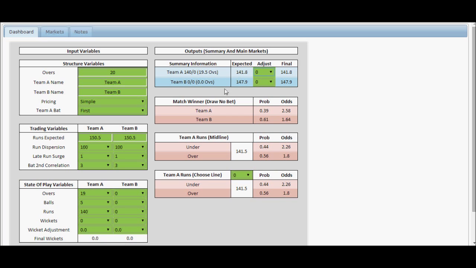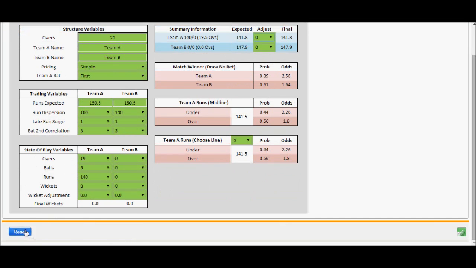Okay, so you can do the adjustments for both teams. The match winner draw no bet will be here throughout, so this will evolve ball by ball depending on runs scored, wickets, whatever happens. And you've also got the midline, and this is just for the team that's batting at the moment. So in the first innings, it's just free. It can be based on just whatever you expect the team to get,